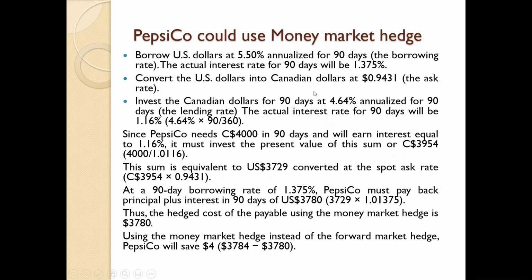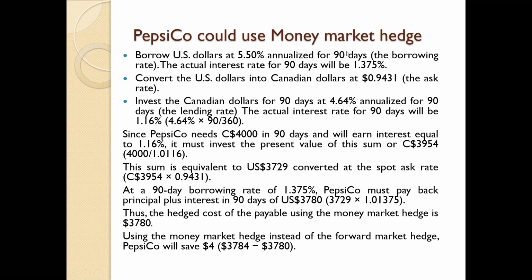So instead of going with that forward transaction, people can go with this kind of transaction we call a money market hedge. Under the money market hedge, what we are doing is one trader can borrow from his market and convert that borrowed amount into the specific currency in which we are going to settle our transaction. Then that converted currency we can deposit into the specific currency account and earn interest. When the interest payment gets matured, you can set off that specific transaction.